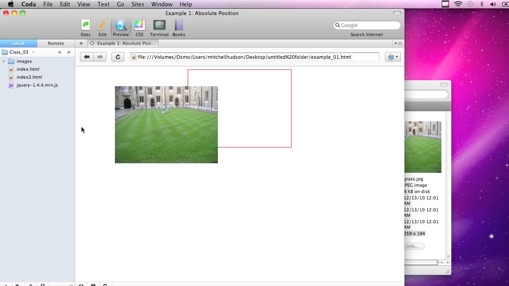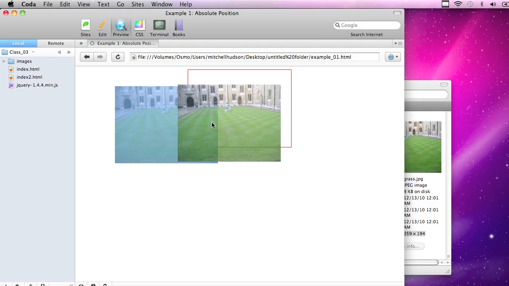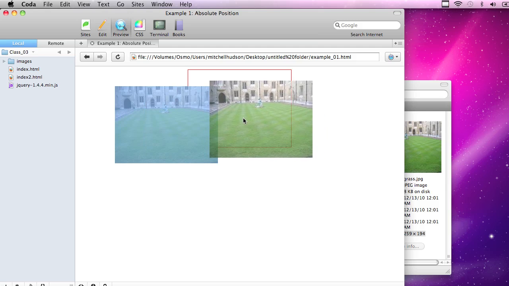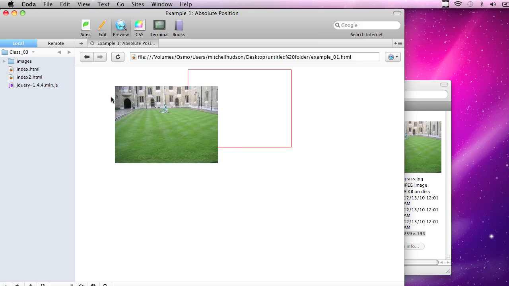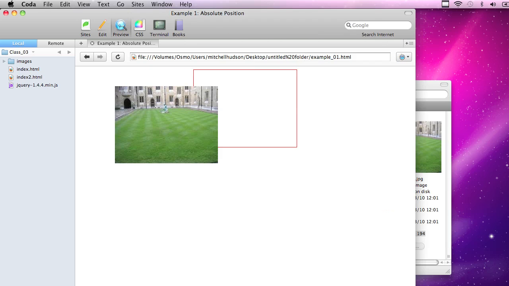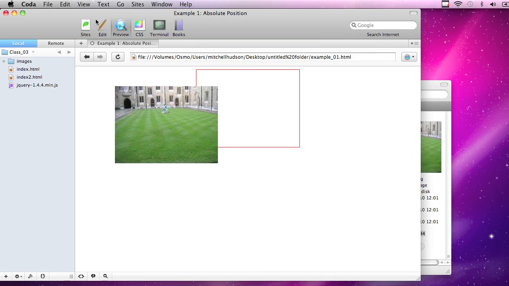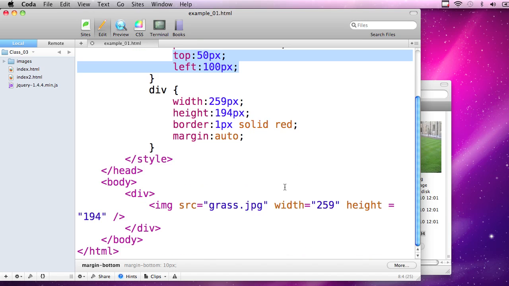Imagine if you had a column that was centered on the page and you wanted to put this inside the column at a specific location. That doesn't work if it doesn't change when the width of the browser changes, right? So, let's fix that, okay? So here's what we're going to do. I'll go back to my HTML here,